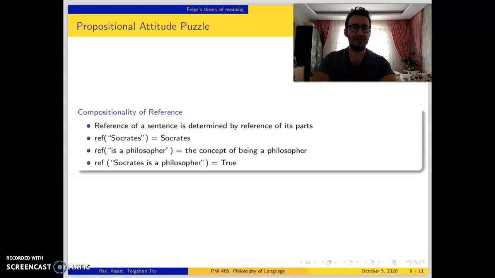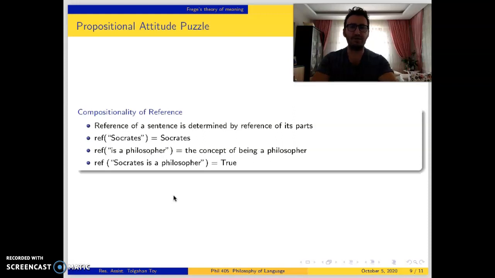The second puzzle for which Frege proposes a solution is the propositional attitude puzzle. But in order to understand this puzzle, first we need to be familiar with some basic notions. The first notion is the compositionality of reference. Reference of a complex term depends on the reference of its parts,